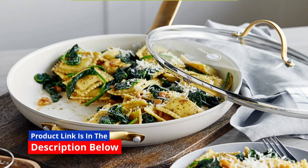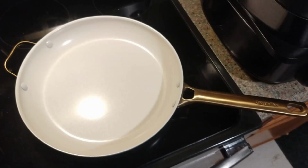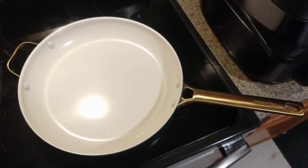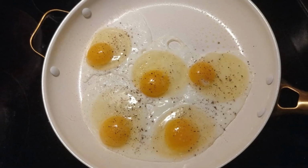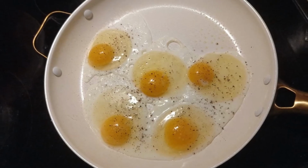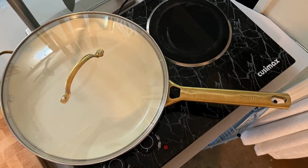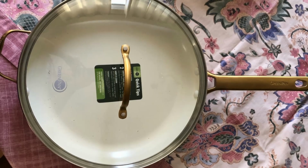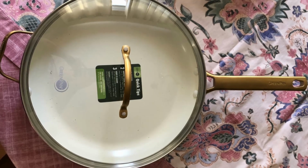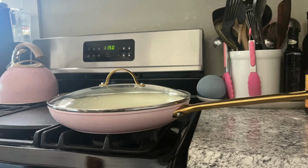Final thoughts. The Greenpan Reserve hard-anodized, healthy ceramic non-stick 12-inch frying pan skillet is the perfect combination of style, functionality, and safety. With its duo-forged armored body, diamond-infused non-stick coating, and health-conscious construction, this skillet is a reliable companion for all your culinary endeavors. Whether you're looking for a pan that delivers consistent cooking results, is easy to clean, or